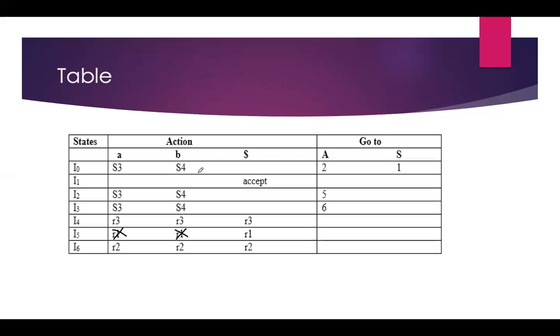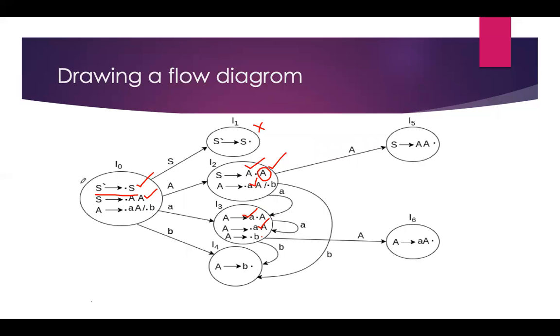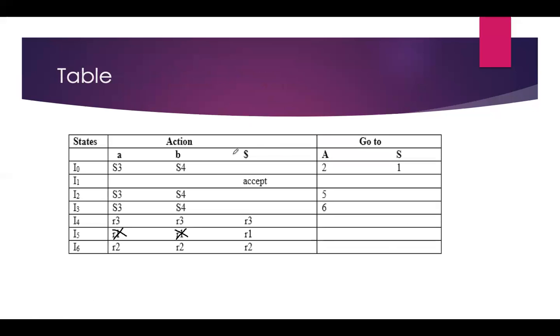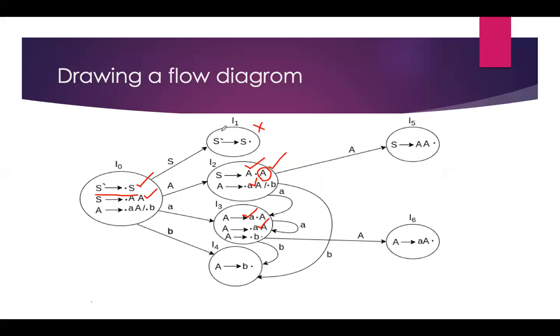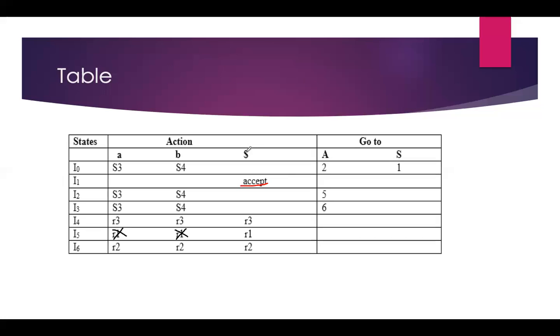Okay, in the second state, that is I1 state, only one state is there, nothing expansion. This is augmentation of grammar. So here it is augmented grammar. If it is the end of the grammar, we need to write under the I1 state, under the symbol dollar, just write accept. If it is augmented grammar, if it is end of the symbol, we need to write under the dollar, accept.